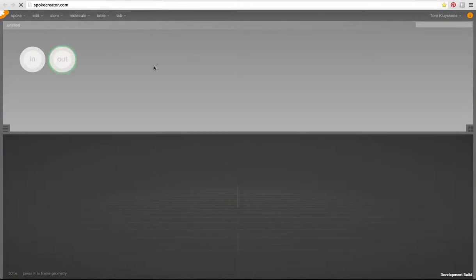So let's have a look at what we mean by parametric modeling in Spoke Creator, and more specifically at how we can present a parametric model to a non-technical user in the browser. Now, a classical example of parametric modeling is a seashell, and usually how it's modeled is by creating a circle